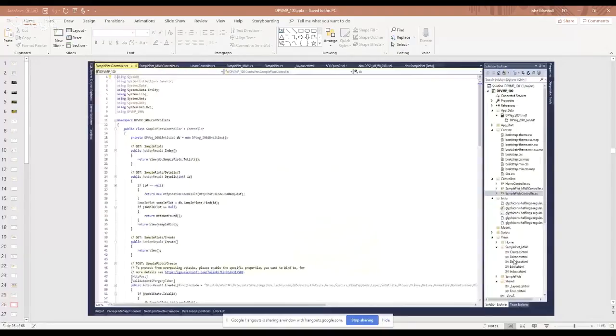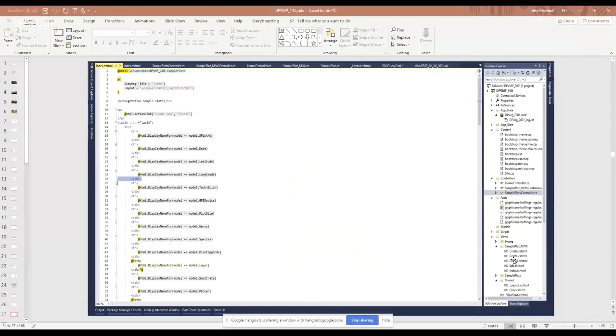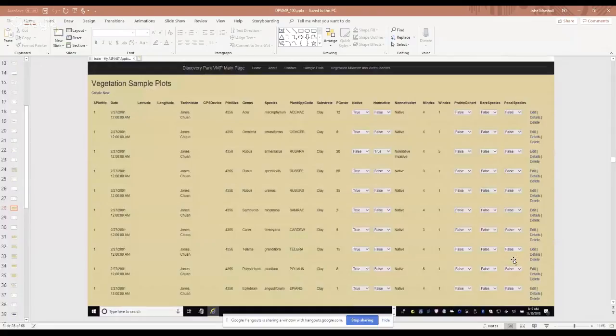I guess this slide is going to show you the controller I developed for my sample plots. So I got ahead of myself a little bit. If you see the index method in this particular controller,